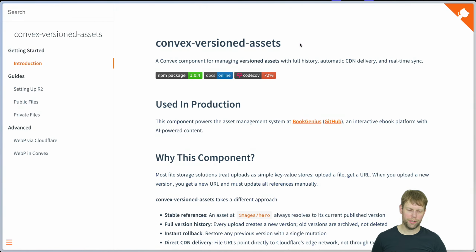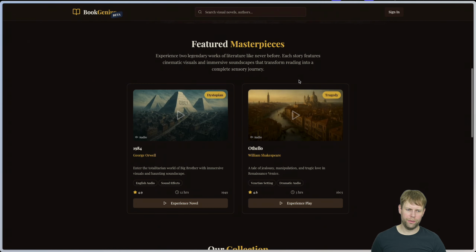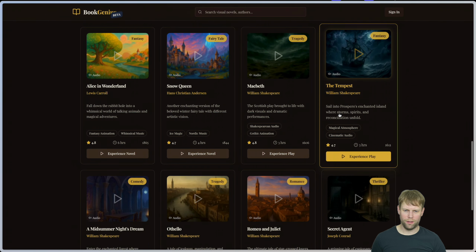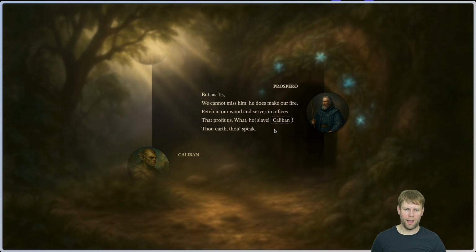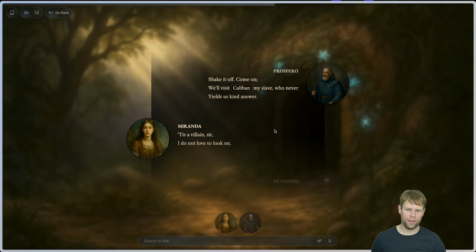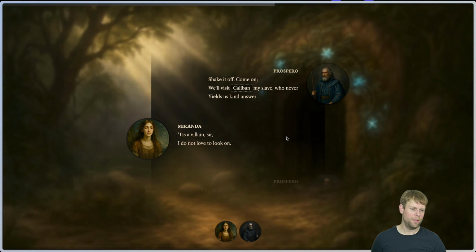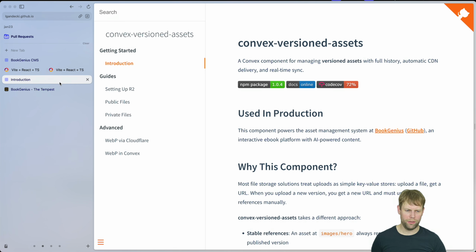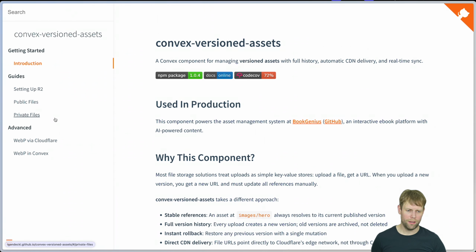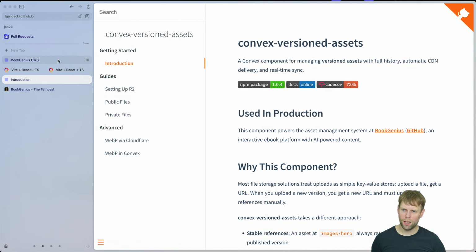We are releasing the Convex versioned assets officially today, and I wanted to quickly introduce you to why we built it, what problem it actually solves. We've built this AI-powered book reader that has a lot of assets that we have to track. We have videos, images, and music, and previously we would have all of this on Cloudflare R2, which is great because it gives very fast downloads, and it costs nothing to transfer the data to the client, the users. But